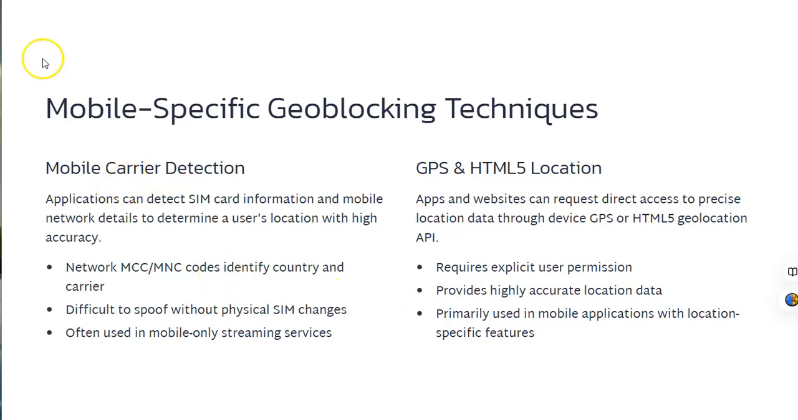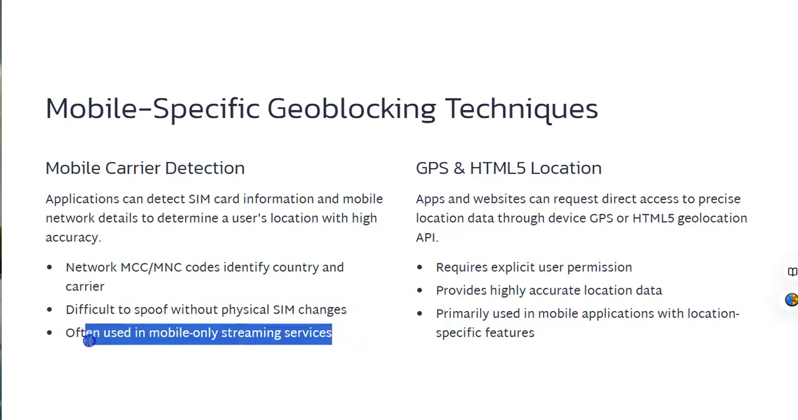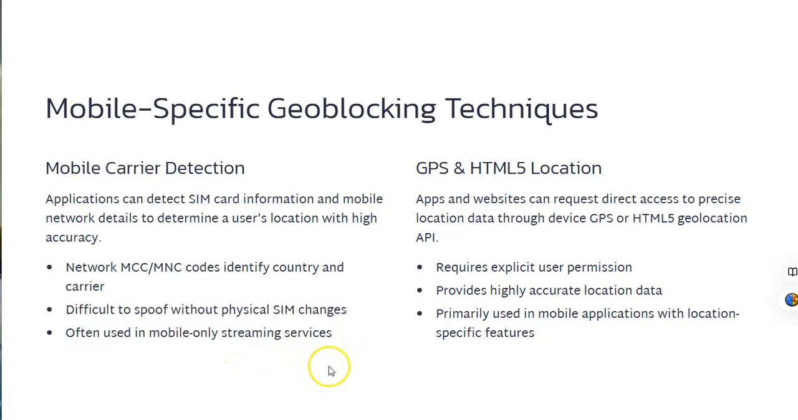Okay, quickly, I'm not going to go into much more detail here, but bypassing geo-blocking techniques is more difficult on mobile phones and mobile devices. This is because applications can detect SIM card information and mobile network details, which you have very little control over. They can use that to determine a user's location with very high accuracy. There are things like network MCC and MNC codes, which can identify both the country and the carrier. These are really difficult to spoof without a physical SIM change, so you need a different SIM card to get past this. These are quite often used in mobile-only streaming services to make sure that the content is being directed only